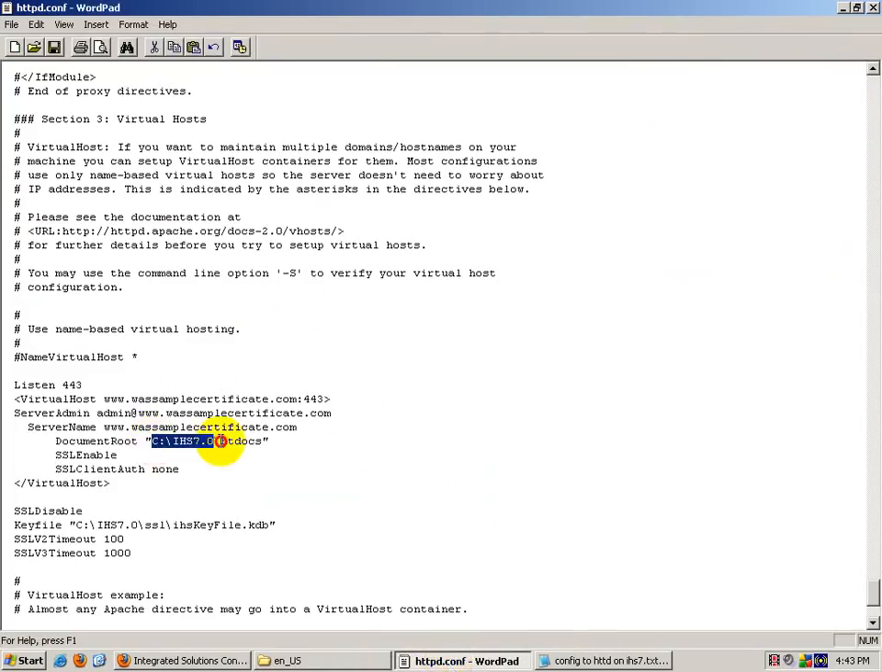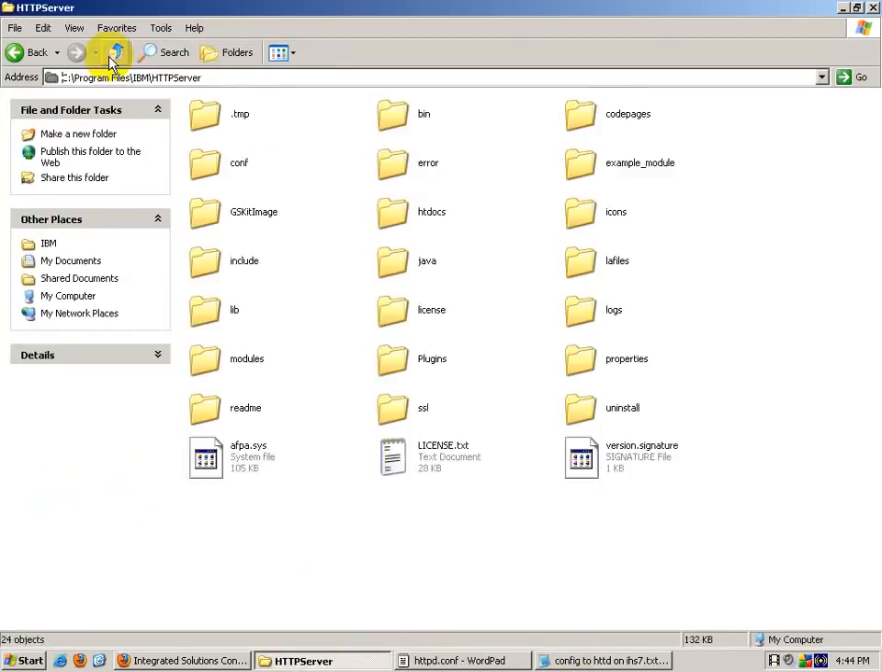Okay, in the document root you can give this path. Okay, and SSL enable, SSL client authentication none. Okay, in the virtual host stanza, and we have to give the key file location. Okay, where is our key file location? It is in